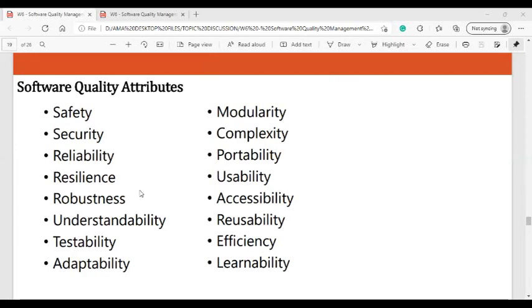So the security method: any system, even standalone, even web-based, even the mobile application, uses a security method for the system. So we have reliability, resilience, robustness, understandability, testability, adaptability, modularity, complexity, portability, usability, accessibility, reusability, efficiency,